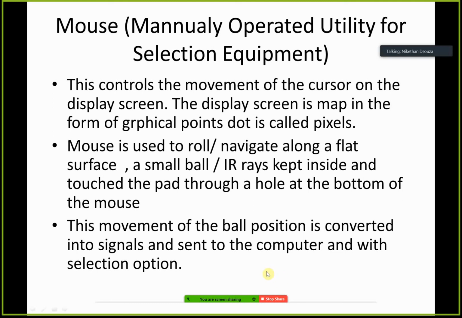Nowadays you can see the mouse with a light. This light reflects on the reflector and falls on the surface which we move. When we move it, the light gets deflected and sends a message to the sensor, and this message is sent to the computer to move our cursor right, left, up and down. Our mouse also has a roller at the center which can scroll. We call it a scroller, and also right and left keys.